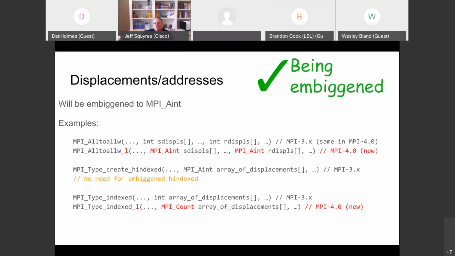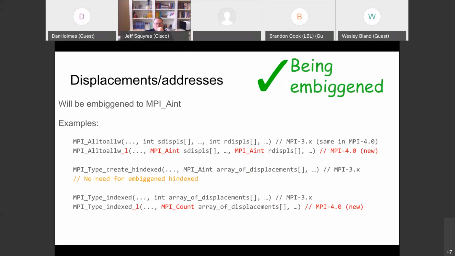It's not big enough to hold necessarily a displacement in memory if memory is bigger than a certain number of gigabytes. If I have 16 gigabytes of local memory, I can't actually describe every displacement that's possible in that memory, and also I can't necessarily store every memory location, because I'm not using MPI_AINT, which is the thing that stores the bit pattern that represents a location in memory.